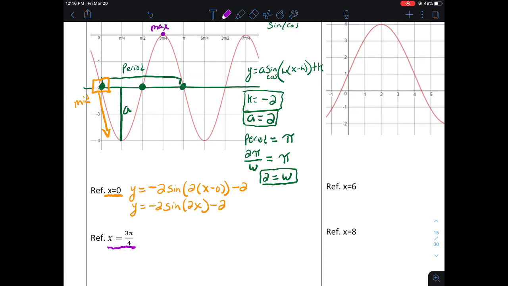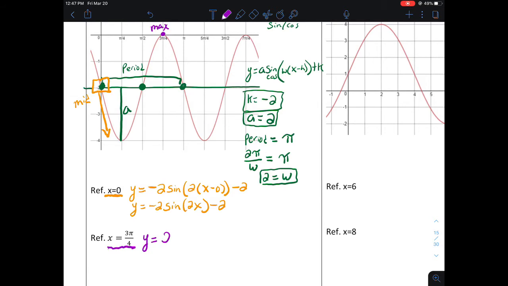Well, anytime I'm basing my equation off a peak, I'm going to use cosine. And if it's a maximum, cosine is positive. If it's a minimum, cosine will be negative. So I'm ready to start writing here. I can say y equals